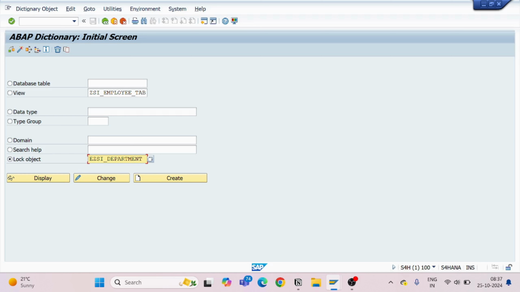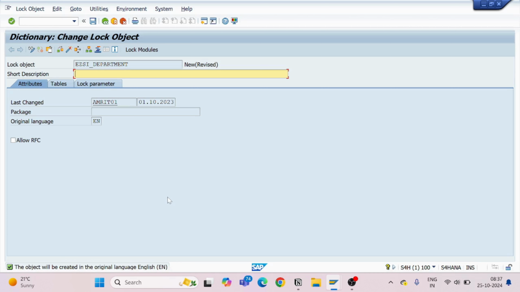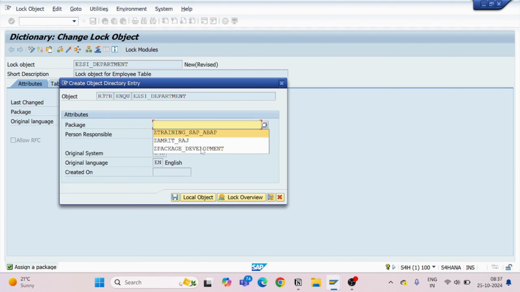So I will click on the create button, and here I will pass the short description. I'll give lock object for employee table. Click on the save button, assign the package,